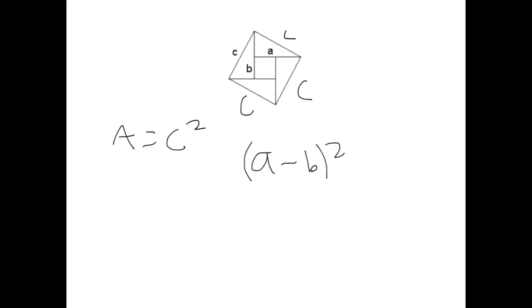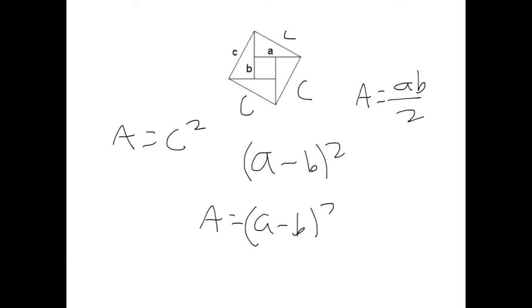The area of each triangle is AB over 2, and since there are four triangles, the area of the entire square is going to equal (A minus B) squared